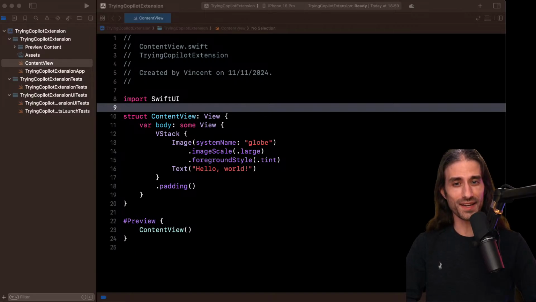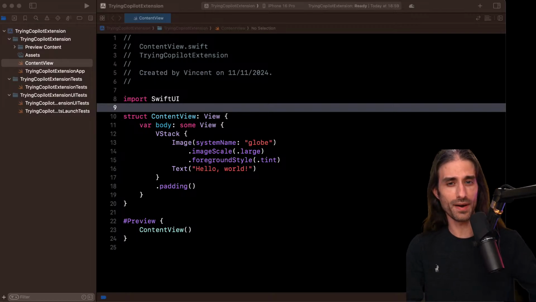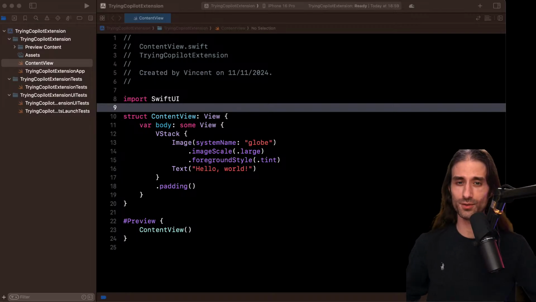If you remember, I had covered predictive code completion in Xcode a few months before, I think early in July or end of June when it released. I was quite disappointed. Let's use the real word. I was quite disappointed by predictive code completion. I did a talk at the iOS Paris conference a few weeks ago where I compared it to Copilot. Copilot was giving better results, so now we can use Copilot in Xcode. Let's go ahead and try it.